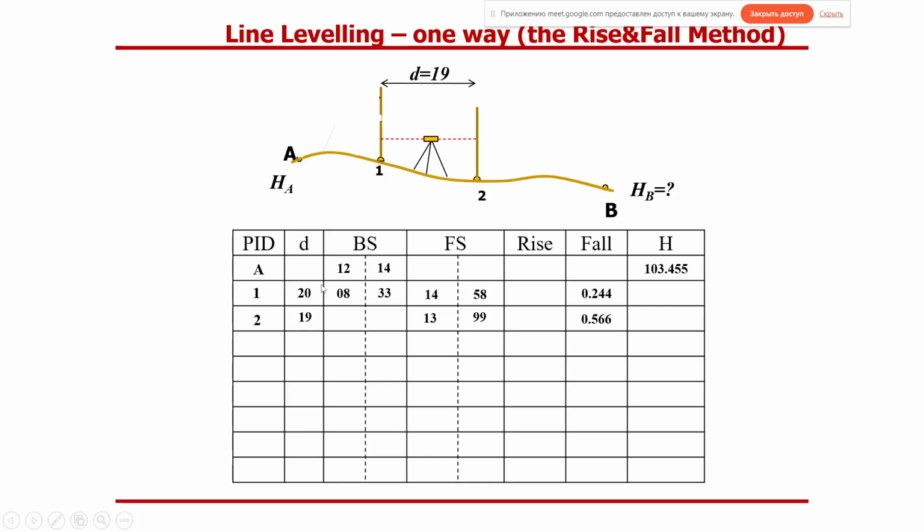Always we calculate the difference from the back staff minus the fore staff. It means the fall when it has